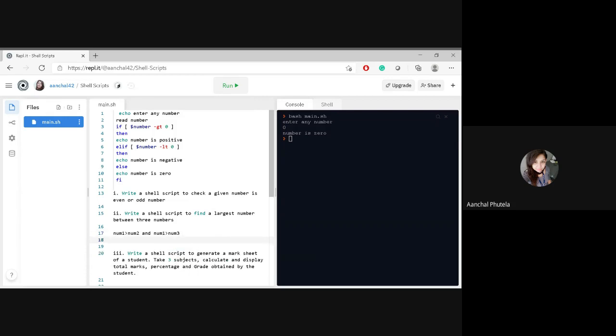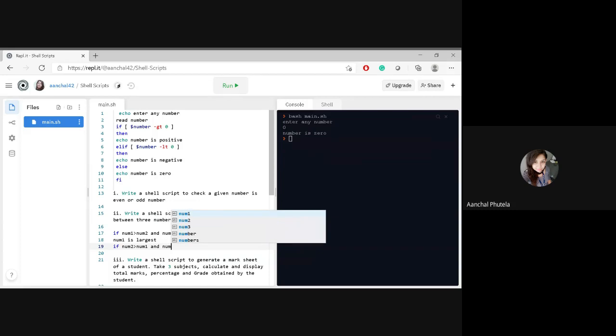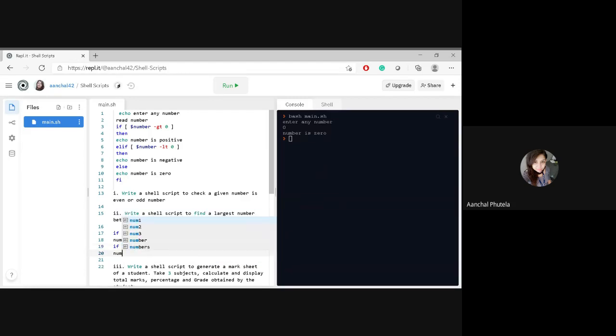If these two conditions are true, number 1 is the largest amongst all, right? Now if number 2 is greater than number 1 and number 2 is greater than number 3, at that time number 2 is largest, fine.